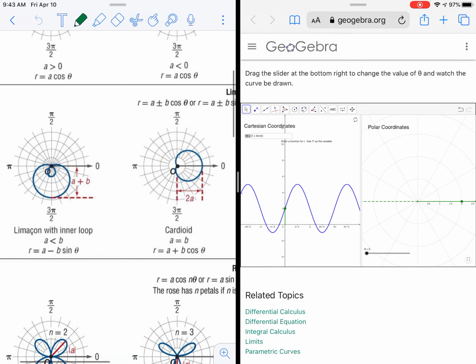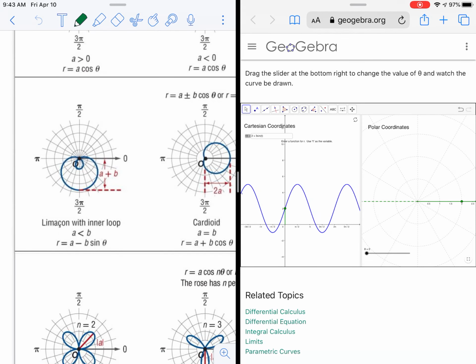So if you could, in your GeoGebra grapher, please type in the equation 2 plus 3 sine t. Obviously pause the video at this time, because if it takes you a while to do it, just get it graphed and make sure that green circle is at the y-axis. After you graph this one, you're going to see that the graph actually starts when theta is equal